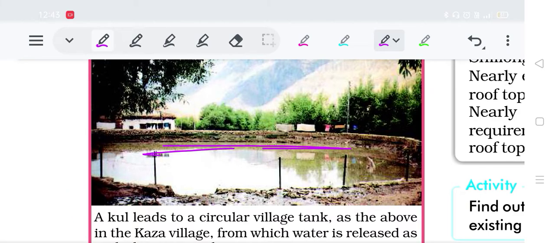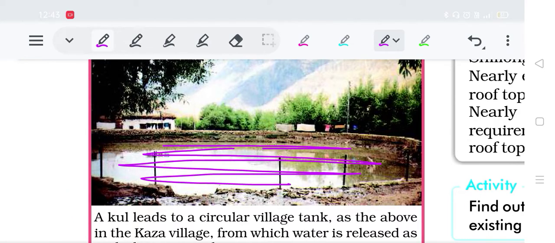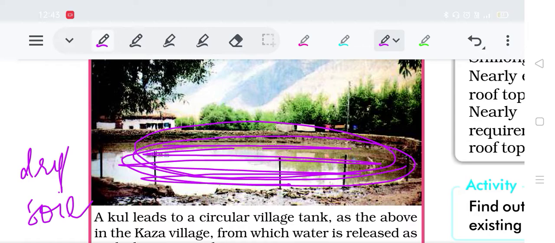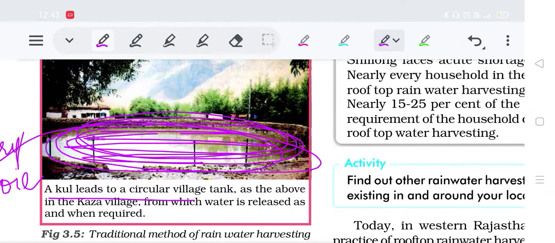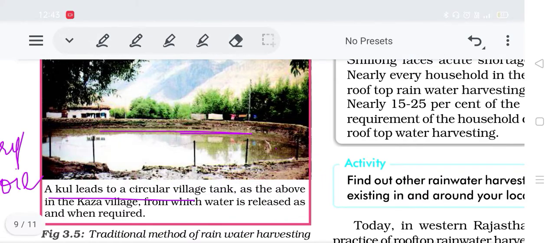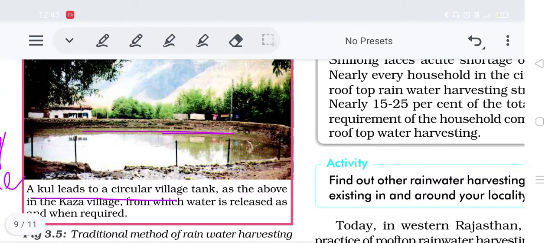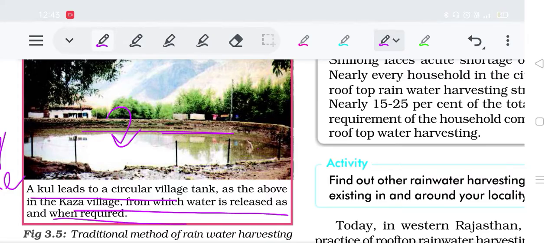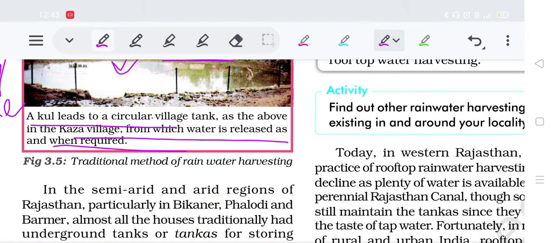So this is an arid region, right? In this arid region, what is happening? There is a lot of dry soil. The arid soil is dry, right? So when there is water, it is collected in a pond-like structure which is called a pool. This is not what I was talking about. This is the coal, right? It is in different states, in which this water is stored openly, and then this is released for irrigation when needed.